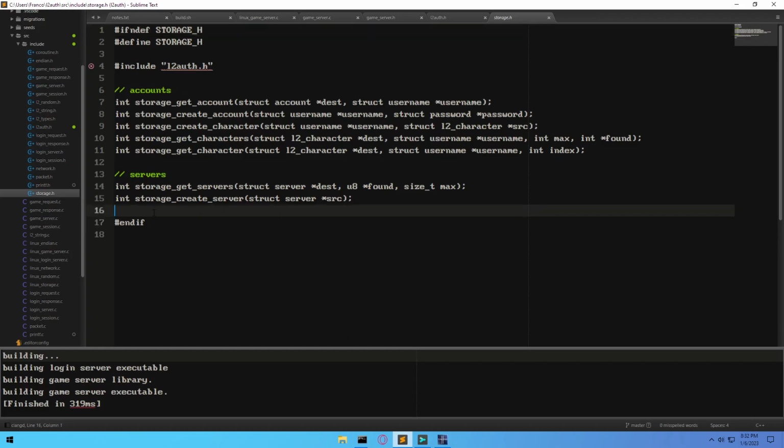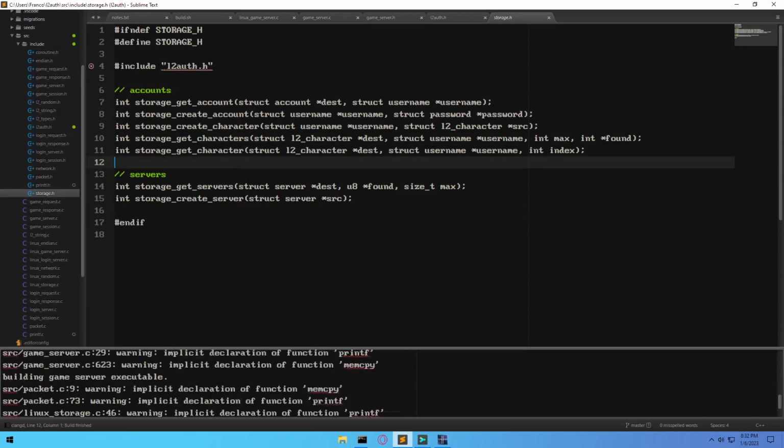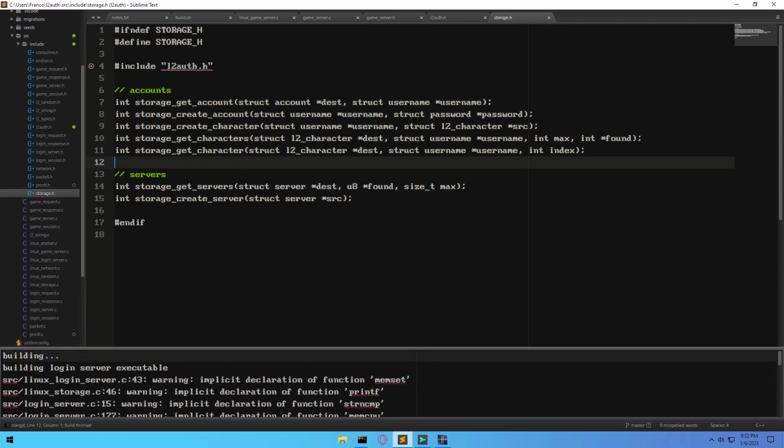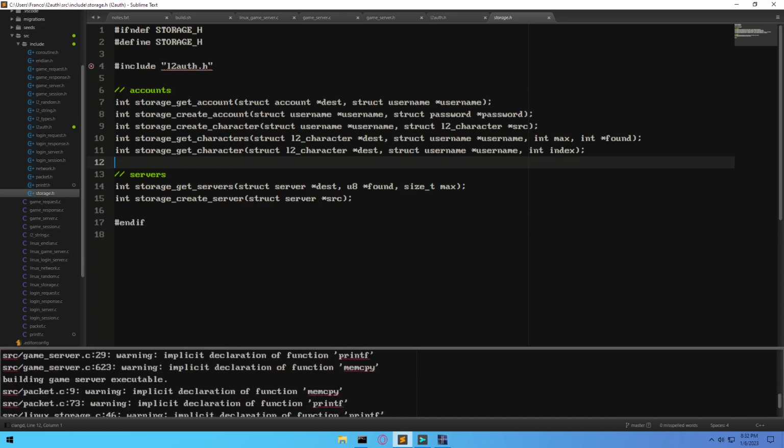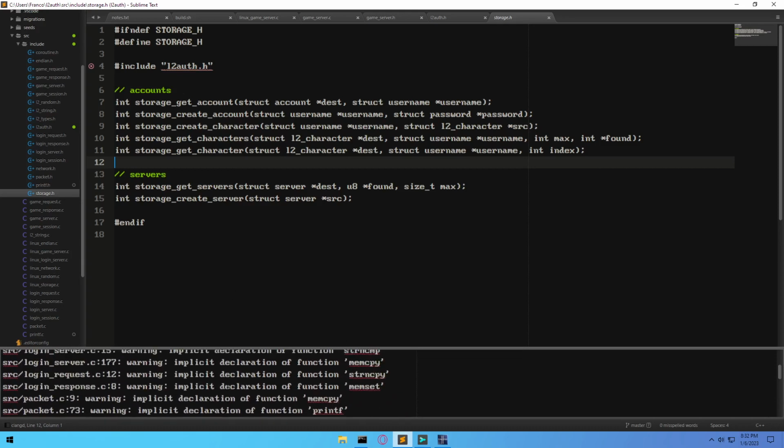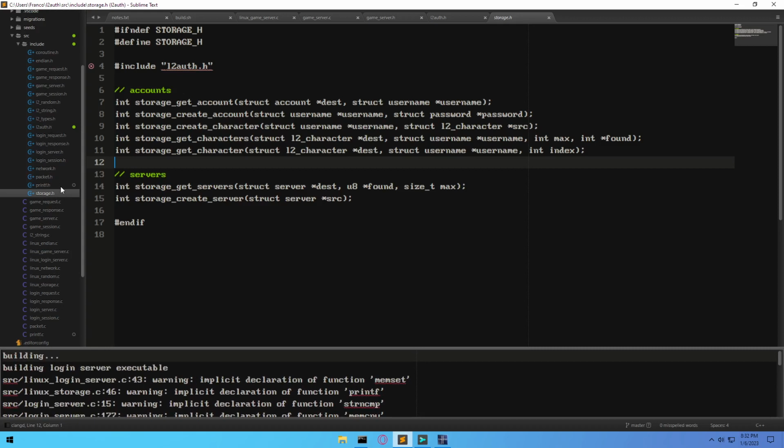So the login server gets compiled as one unit. We don't have two files like we do with the game server, so that should be fine. All right, so let's see if we can compile. Seems like no. And this is fine. All right, so